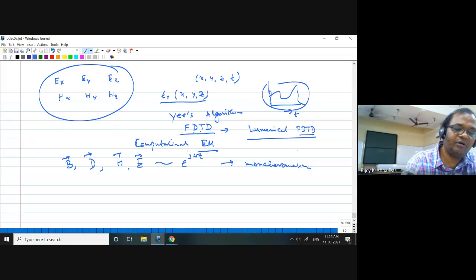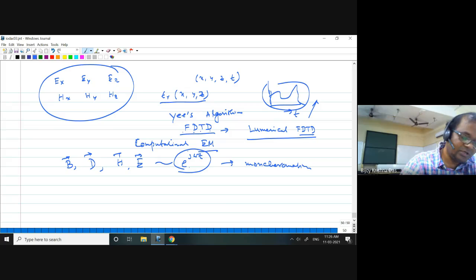Because any electromagnetic signal is time dependent. If you decompose it in the frequency domain, you can get multiple frequency bands. But all these frequencies you can again decompose, it is a kind of harmonics, right? So we will restrict ourselves to the electric field and magnetic field oscillating as a function of time with a single frequency. That's a monochromatic wave. That is the first consideration.